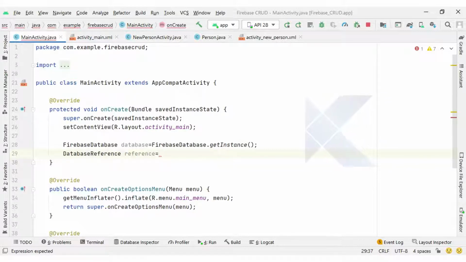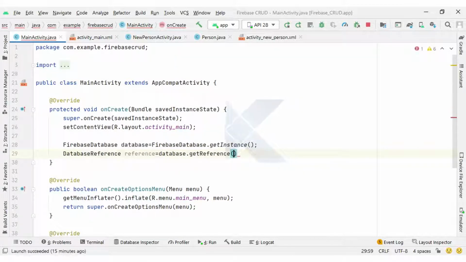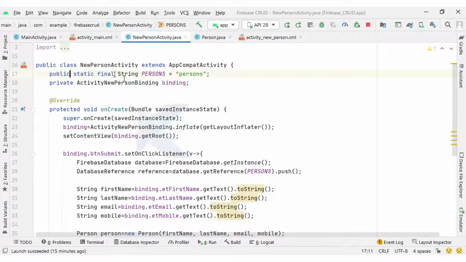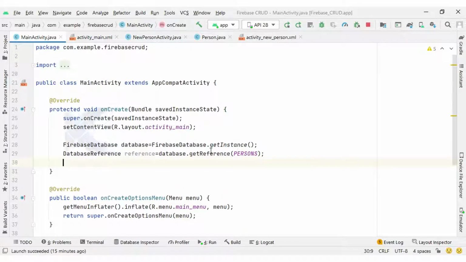Your database might contain many different types of data, so exactly which data you require, we confirm with the getReference method. Inside getReference we need the persons path. We have the constant here inside the new person activity, which contains persons, and the persons data we are going to fetch. So accordingly we pass the path persons here.